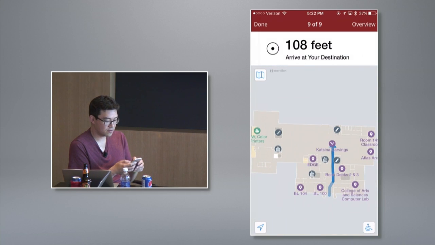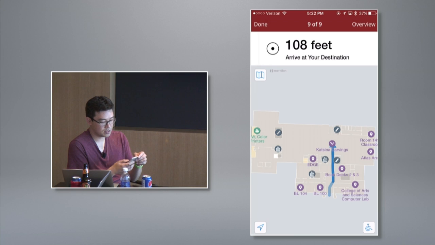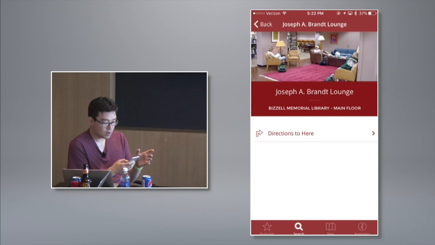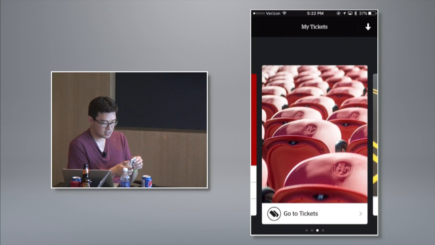So that's sort of an example. And I can turn on the accessible route if I wanted to, and it would take a different route if it needed to. So this is the app viewer sort of method, or you can go the other route, which is like Levi's did, which is